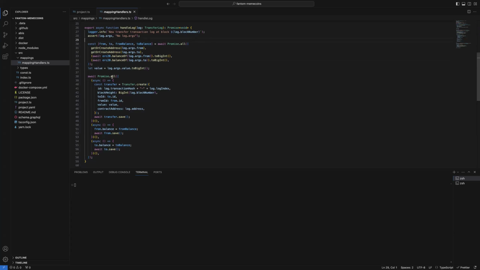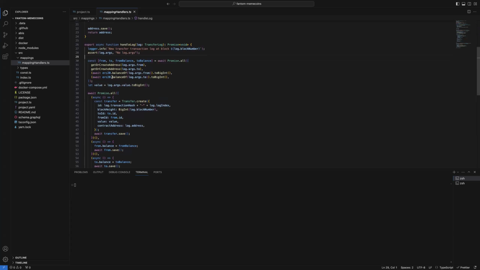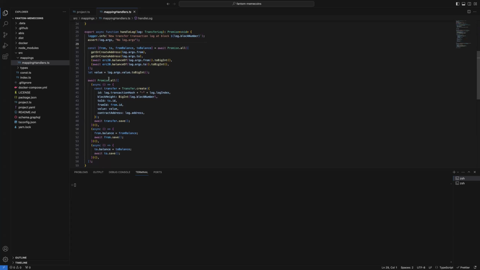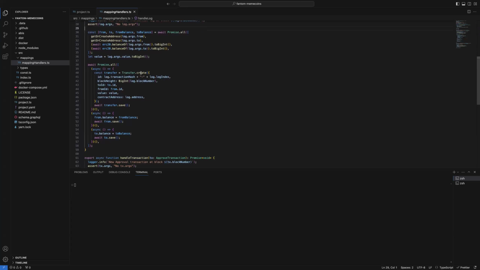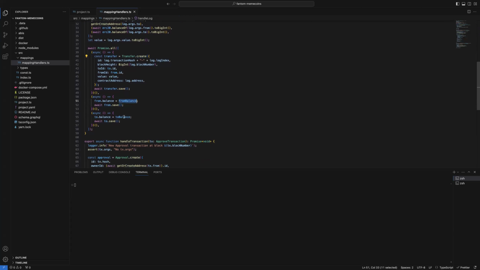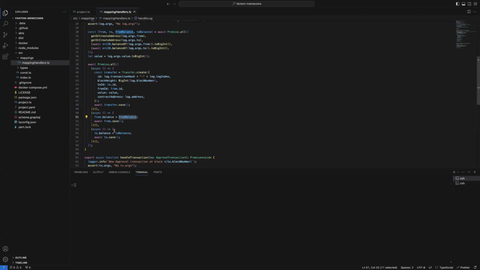So the project is more feature rich. We're querying this data, and then we're populating the transfer with the data query. And additionally, we also change the balance of all the participants of the transfer. So once we see that there is a transfer from Alice to Bob, then we'll be updating the balance as well for both of those accounts.